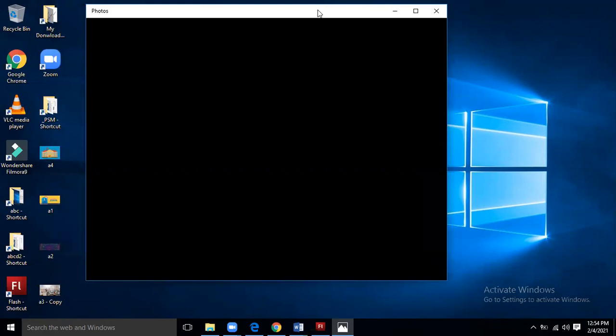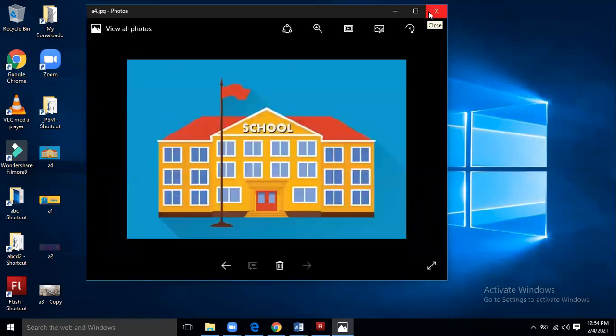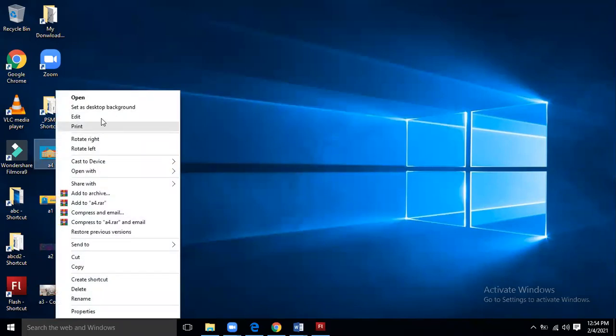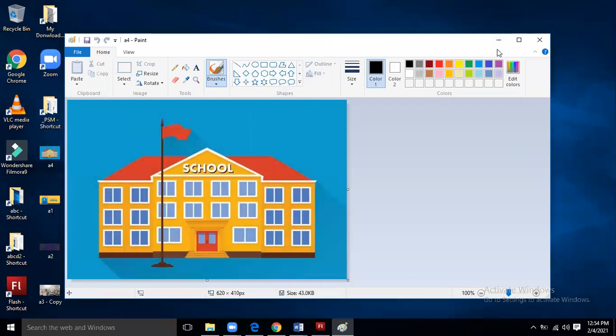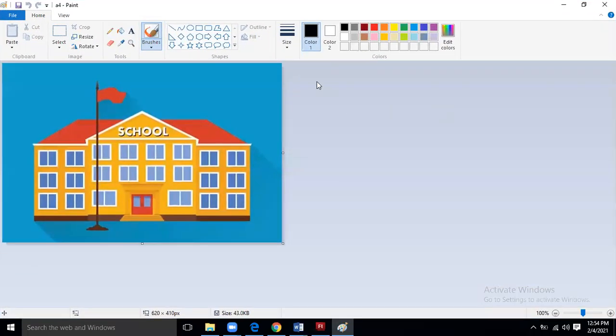It depends on you whether you edit or not. Doesn't matter. If you don't want to edit, fine. If you want to edit, you can. Okay. So if you open this image, I'm just giving you the example of the easiest software. The easiest software is Paint. Otherwise, you can do this with Photoshop as well, those who know. If you don't know, then just take the example of Paint.